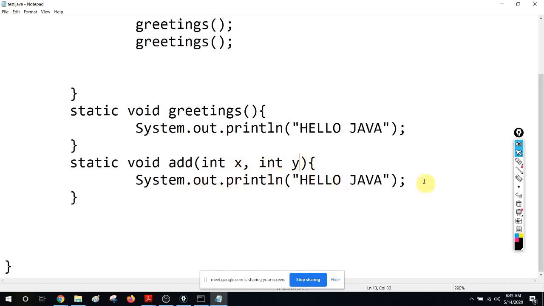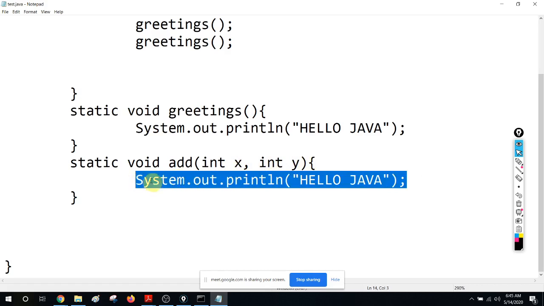Okay, so now what I am going to do is add these two numbers. That is why I just call it add. You can give it any name. I hope you can remember the conventions for naming methods. It must be a verb, a meaningful verb, in camel case starting with a simple letter. That is the convention, not the rule, right?